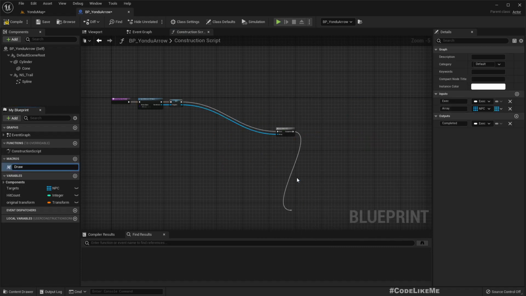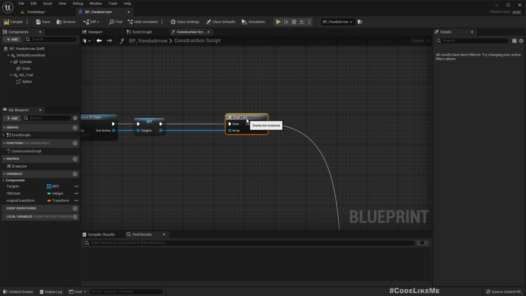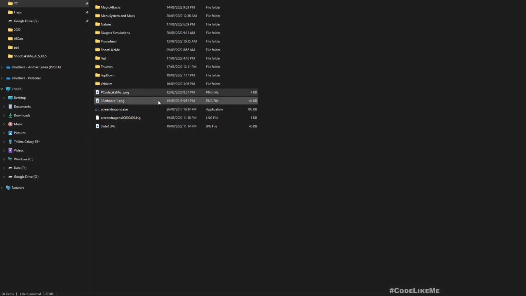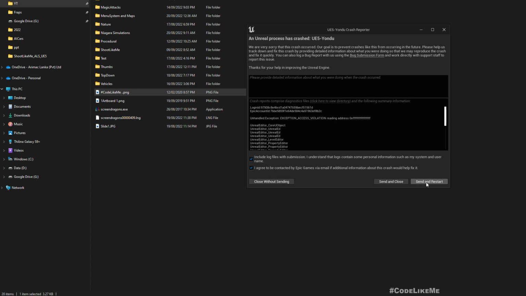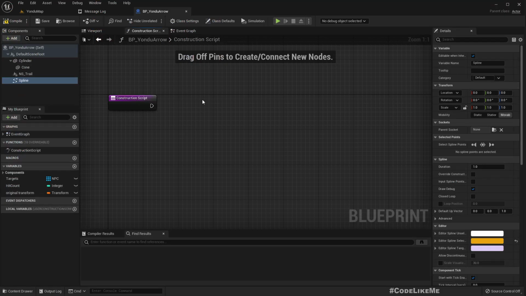Draw line. What's happening? Oh, it crashed. Well, I have lost the part where I did the spline because of the crashing, but anyway,